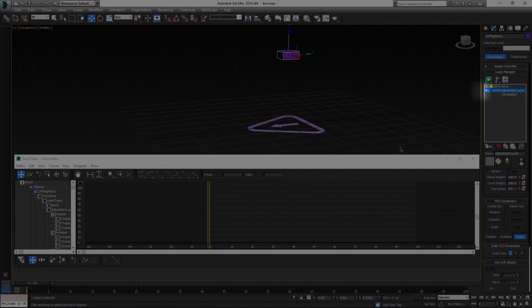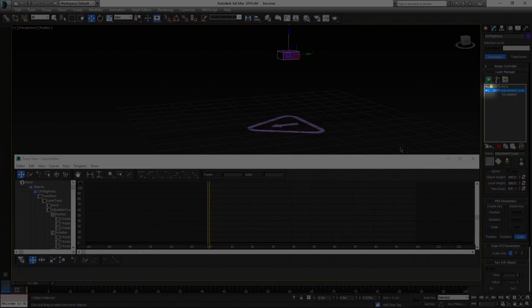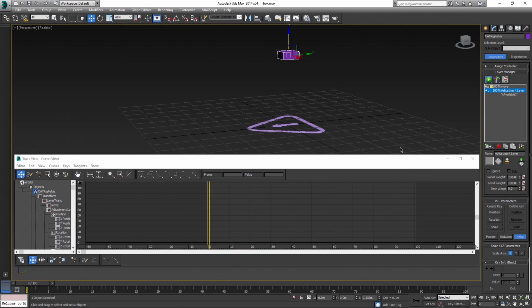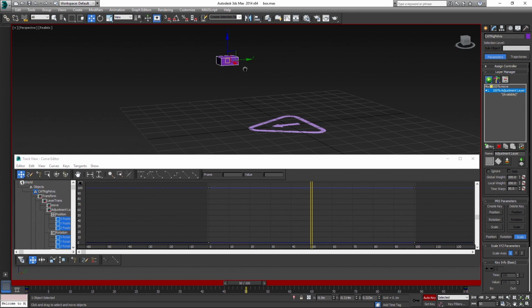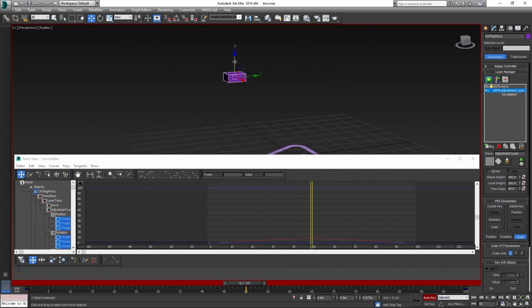You can see the acronym for local adjustment layer here. They don't even have a color because they are tied with the closest absolute layer. Now what we want to do is key the beginning and the end of the animation, because we want the adjustment layer to be zeroed out at the start and finish as well. In the middle we will position the bone where we want it.